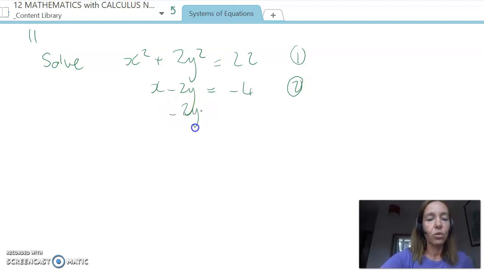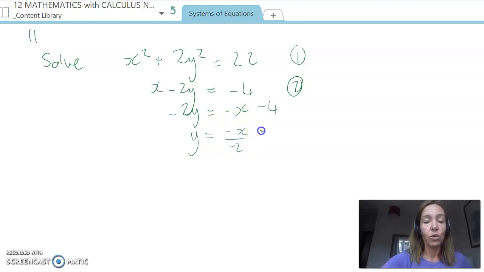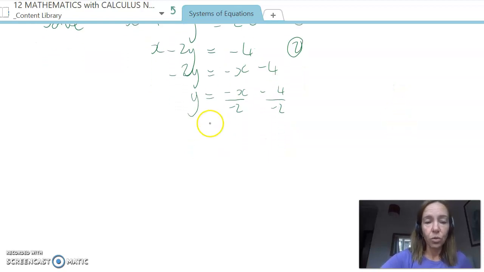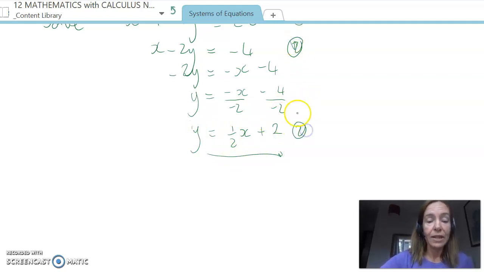So this will be minus 2y equals minus x minus 4. I'm now going to divide through by negative 2. So y equals minus x over minus 2 minus 4 over minus 2. Obviously, you don't need to show all of that working, but a negative divided by a negative is a positive, so it's just going to be a half x. X divided by 2 is a half x, it's the same thing. Negative divided by negative is a positive. 4 divided by 2 is 2. So that is my little equation for 2 that I'm going to substitute into